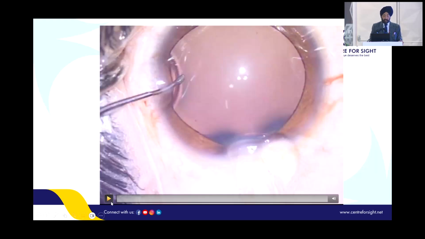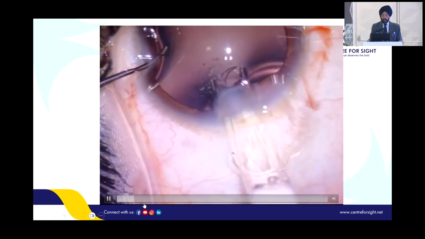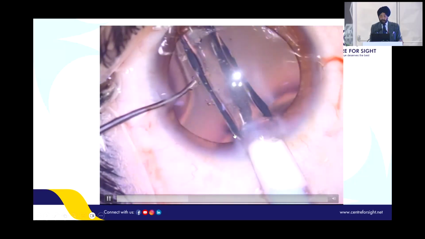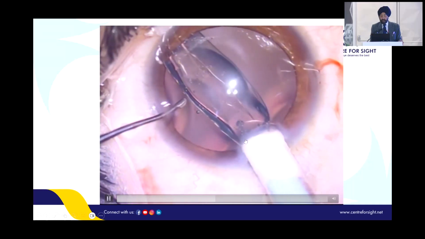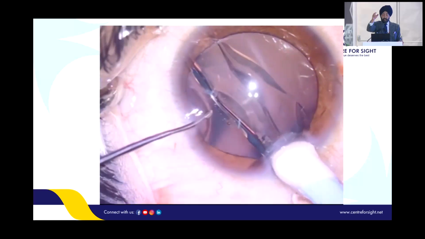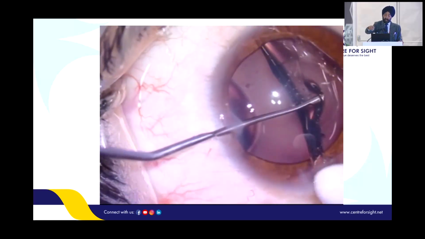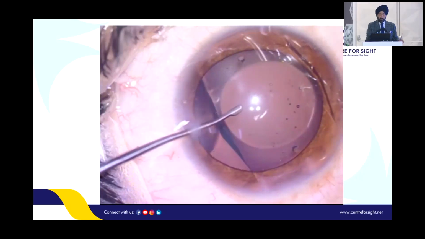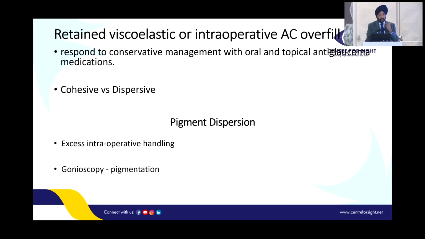Now this is intraoperative. I'm just showing you. The problem here is the ICL is going in pretty well. And as you see, you are sticking a little bit of it here. So what happens is that watch the front. Do not go below the iris, because you can have a manipulation. This is something that you could see, that the lens was going to open the other way around. So you have just manipulated it and put it back. So that is important. When the lens is opening, either you pull out the lens, or at that particular time put in viscoelastic, or you try to avert it. Otherwise, even if it opens, you have to pull it out.